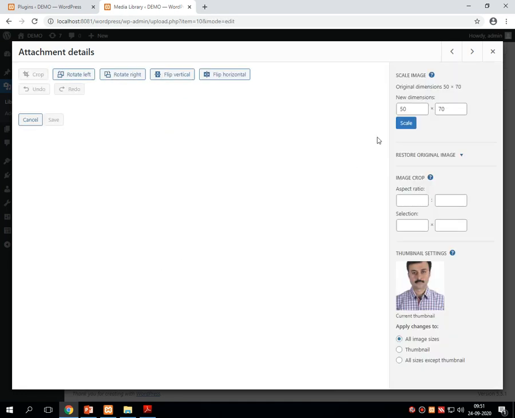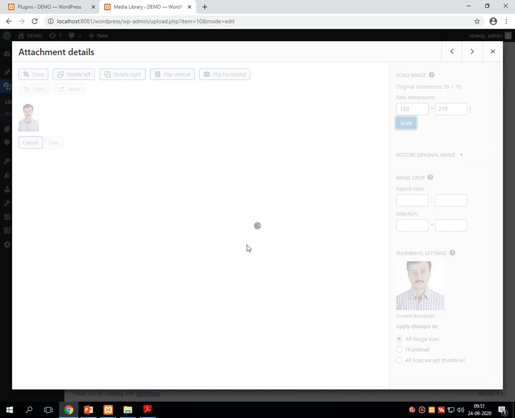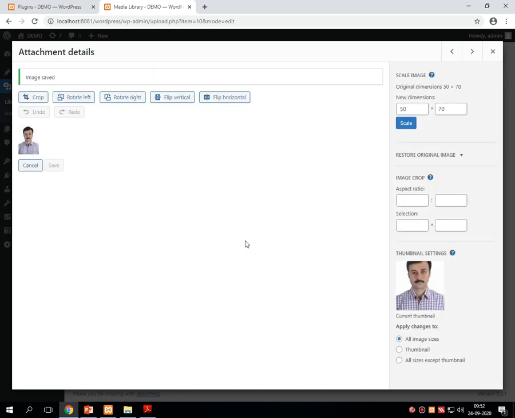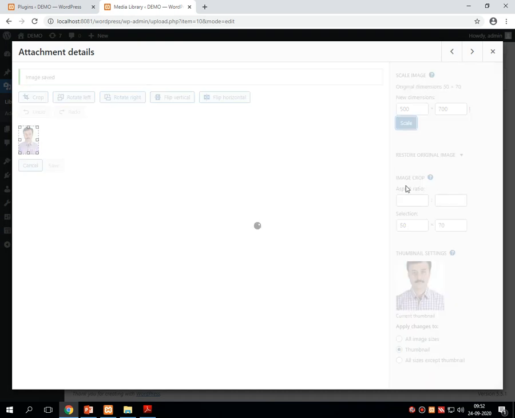Edit image. I am changing the dimension over here. 150 scale. The image becomes like this. Let me change it to 200 scale. 100 by 500 scale.